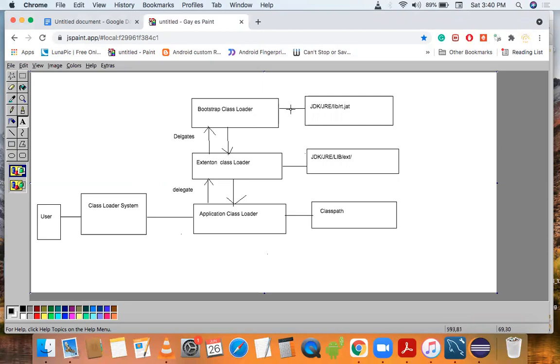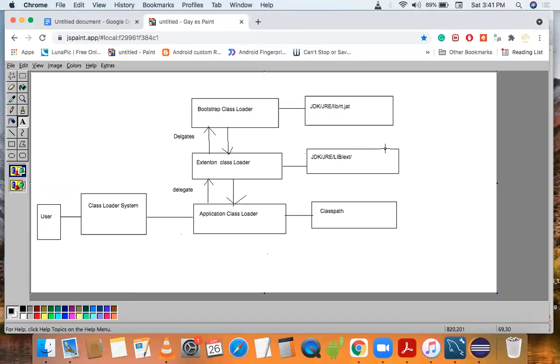Then the bootstrap class loader will check in this path, JDK, JRE, library, and if it is available, it processes it. Otherwise, it will delegate the process to the extension class loader. Then the extension class loader will check in JDK, JRE, library and the extension folder.